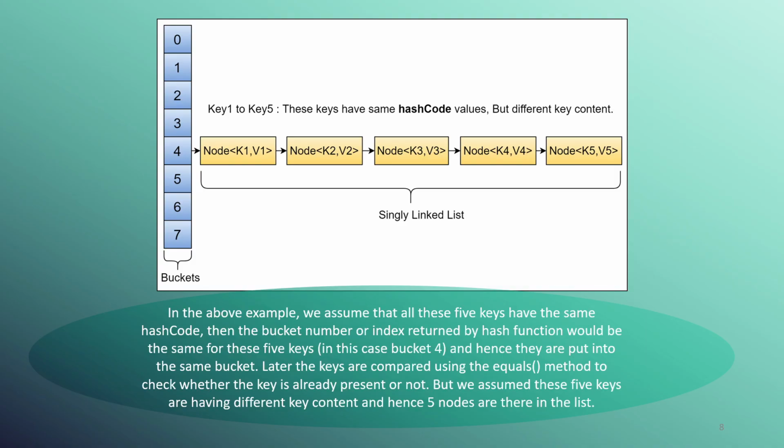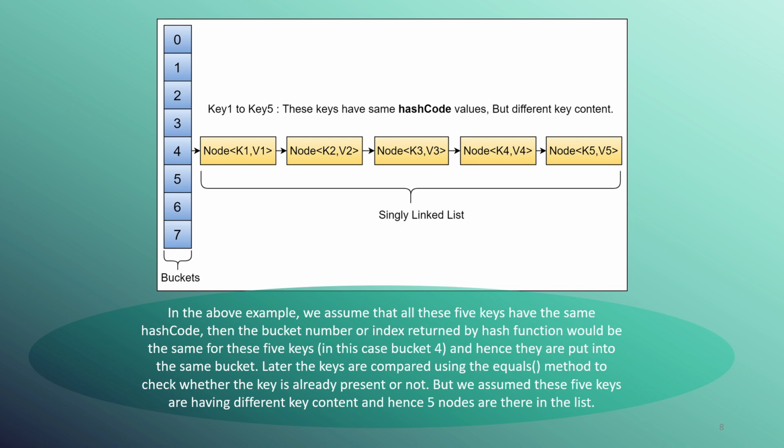So this is a diagram through which I am trying to explain the same thing. Suppose I am trying to put some data like 1 comma a into my HashMap. Suppose I do not override the hashCode method and it uses the Object class hashCode method, or, for example, I override the hashCode method and return the same value, like return 100. It will always return the same value.